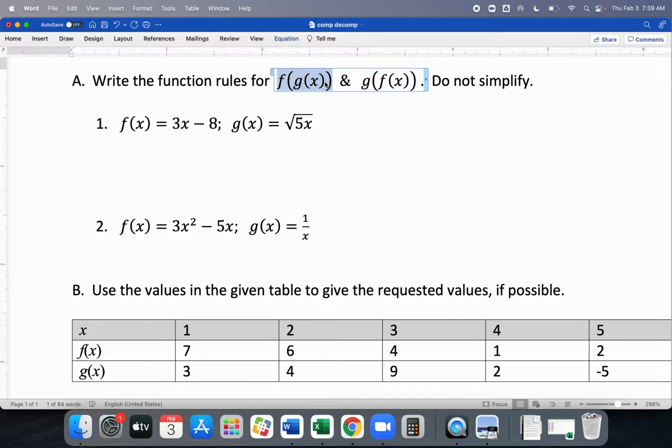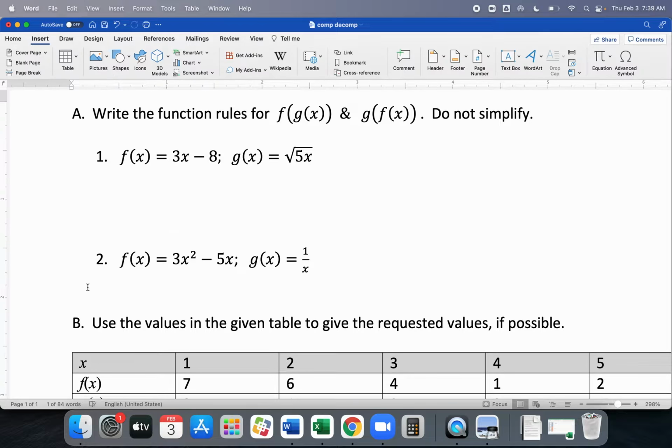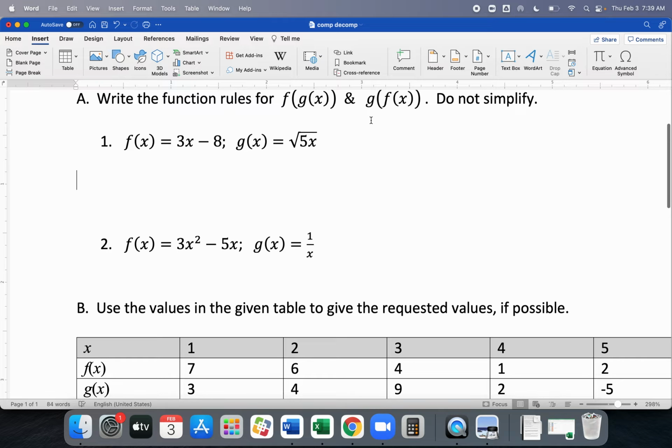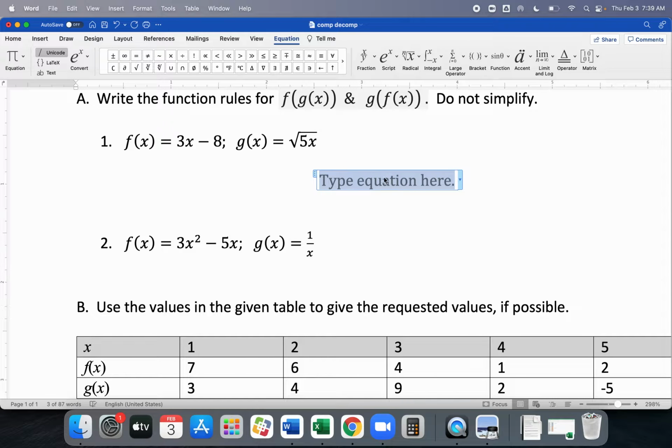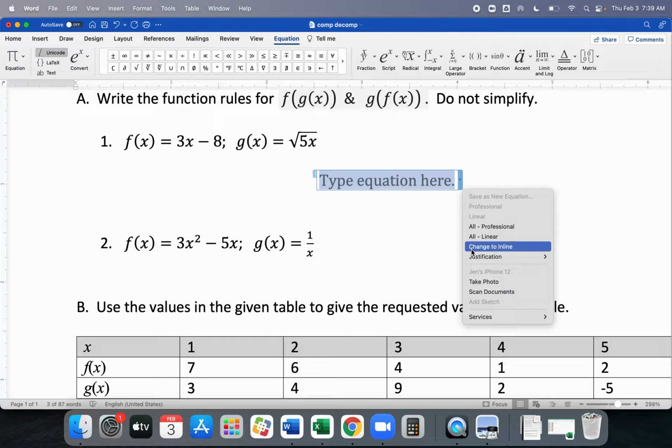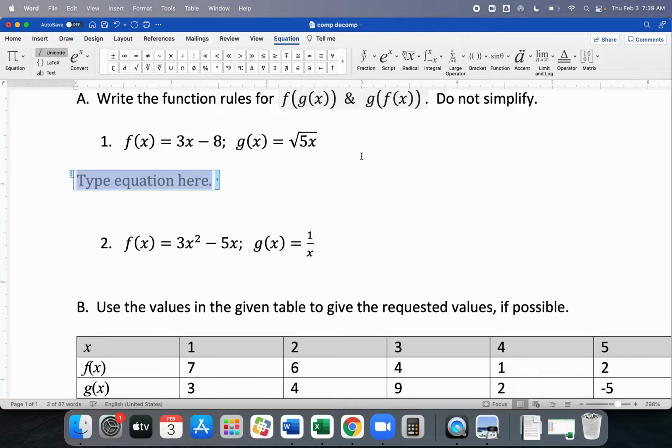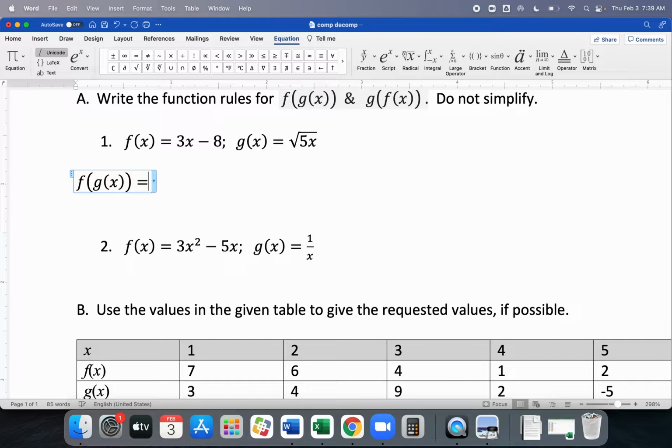Let's see if this will. Why are we doing this? All right, so take a look at this first